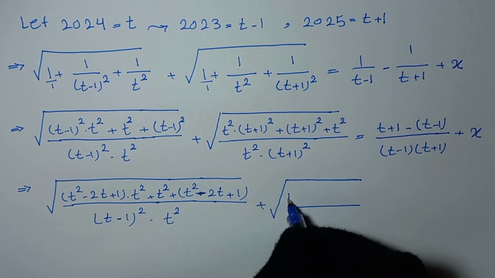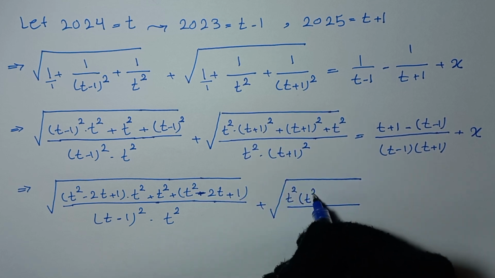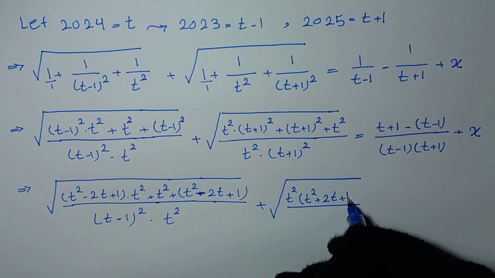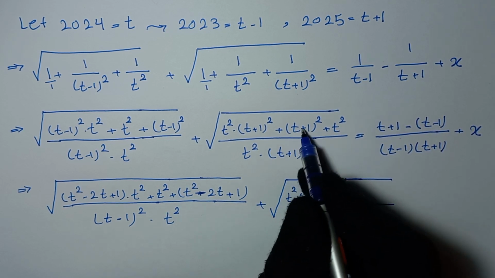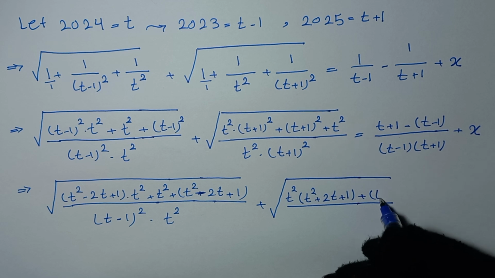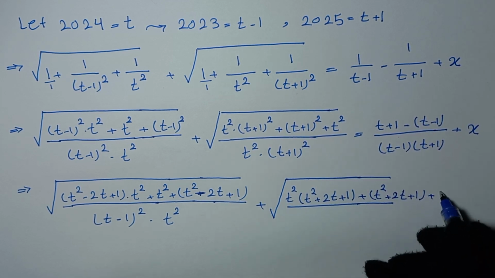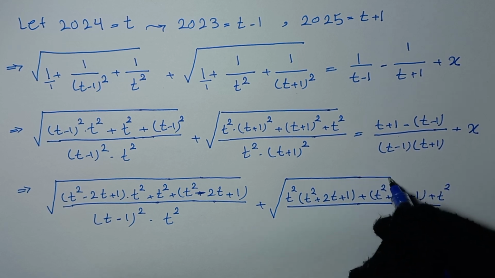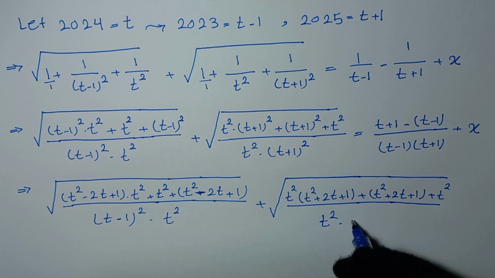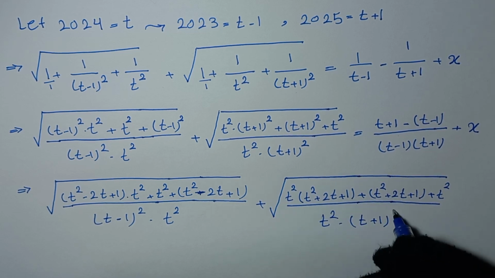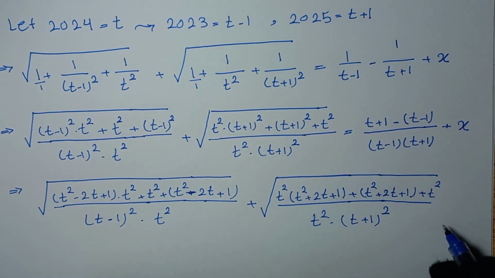Also in here, t squared times t plus 1 to power of 2, it will be t squared plus 2t plus 1, and t plus 1 to power of 2, it will be t squared plus 2t plus 1 and plus t squared, right? Over t squared times t plus 1 to power of 2, and this is equal to this, right? So we write in here is equal to